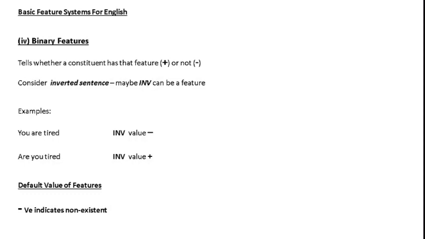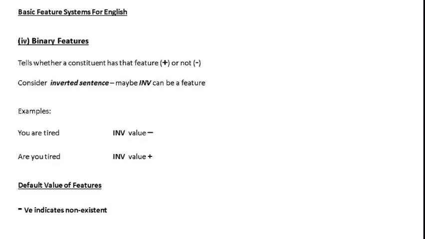We are talking about a feature known as INV, which means that the INV feature will be present in a sentence which is inverted. So what is meant by an inverted sentence? In English, an inverted sentence is one in which the subject changes its position. Usually it is subject, predicate and object, right? But in case of an inverted sentence, the subject may actually be preceded by an action or a verb, unlike in most common sentences.